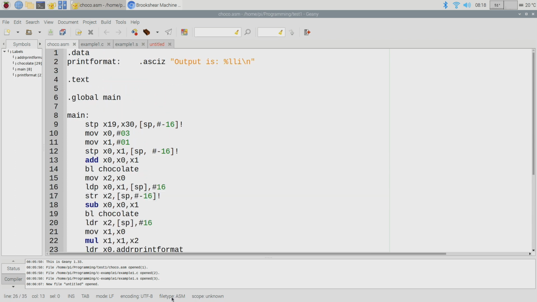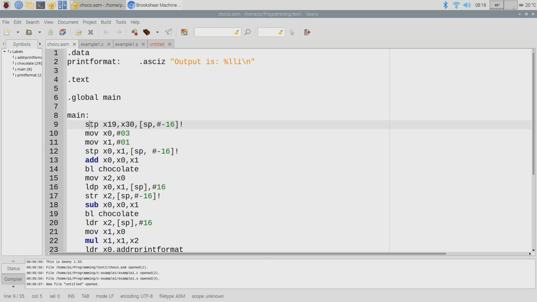You notice down there it says file type ASM. There are lots and lots of different assembly languages. I think this one is defaulting to Intel assembly, which means that you see how add is highlighted, but some of the other ones aren't, right?